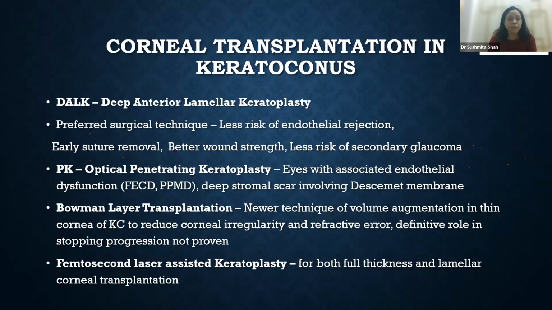implant the Bowman layer. Now, since it has become very tedious and time consuming, the procedure has been subsequently modified, wherein surgeons are removing about 100 micron of the corneal tissue from the donor eye, including the Bowman, and then creating another femtosecond pocket in the recipient and implanting that lenticule. So that is the current status of the surgery right now. However, its definitive role has not been established in stopping progression, though it regularizes the cornea and improves